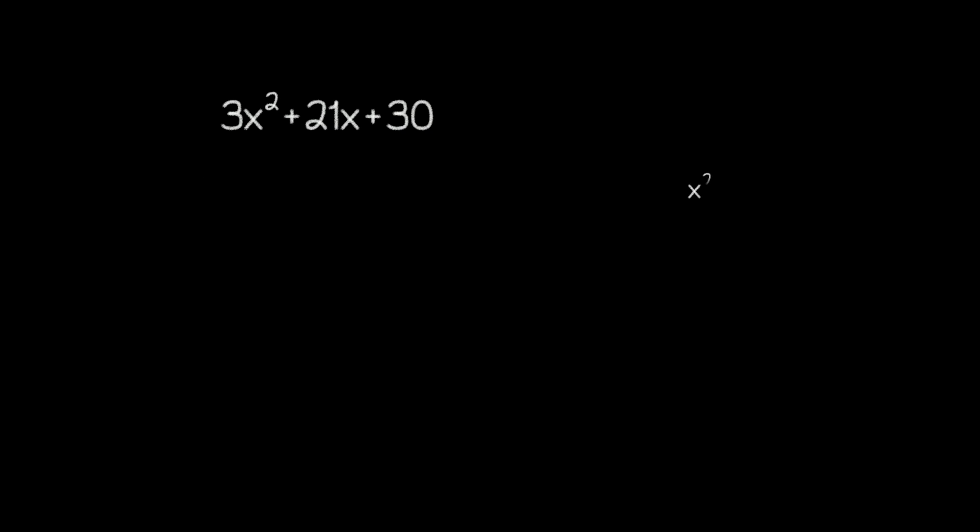For instance, consider this quadratic. If we multiplied this quadratic by 5, the distribution process would result in a new quadratic where all the coefficients are divisible by 5. That means that if we wanted to work our way backwards from here to here, we could simply divide each term by 5 and place the 5 outside a set of parentheses.